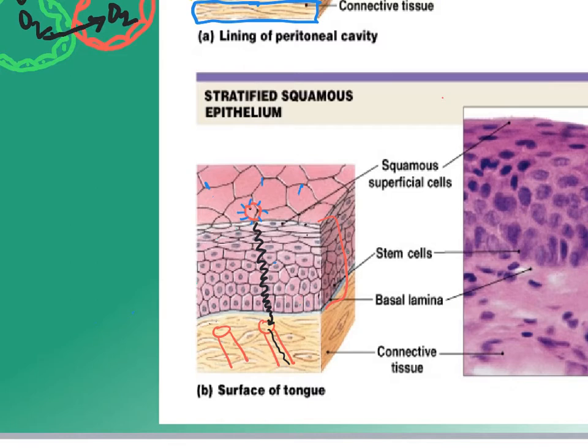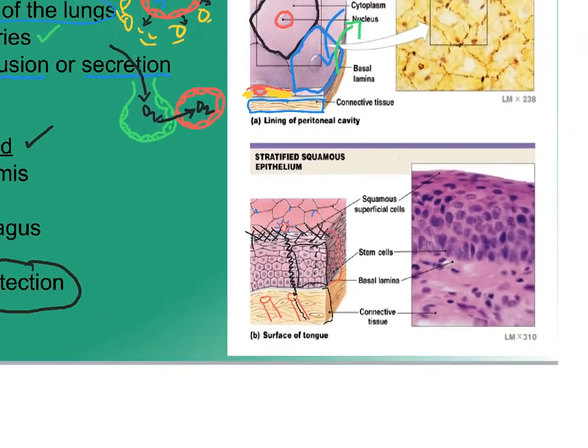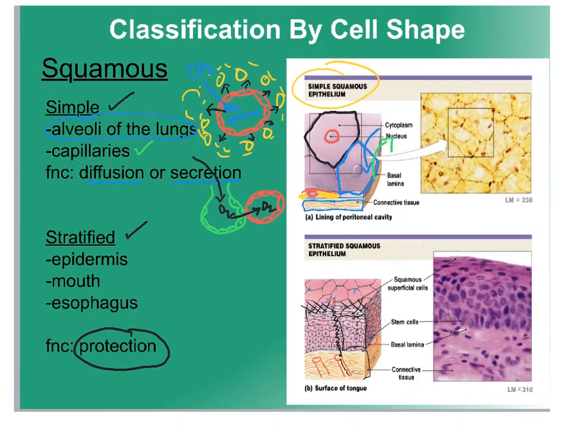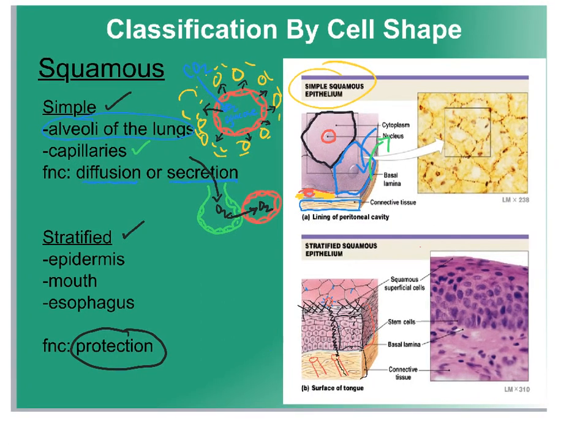So having multiple layers of cells provides a nice thick barrier to entry of microorganisms, but also if some of these layers get damaged via abrasion, like maybe you eat something that's really abrasive, no worries. There's still plenty of layers of cells there to protect this soft connective tissue underneath that has those blood vessels in it. So examples of where we would find stratified squamous: the epidermis, which is